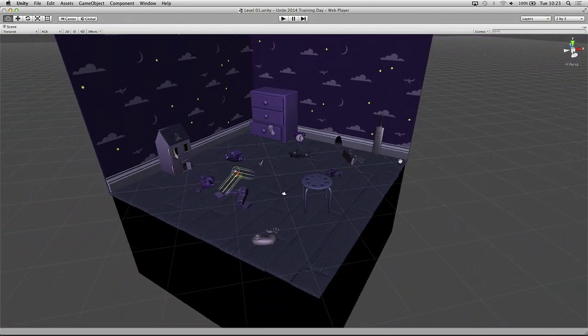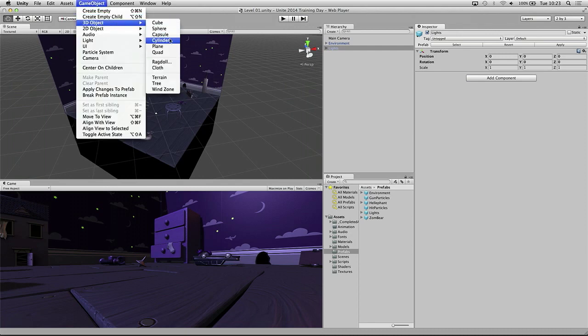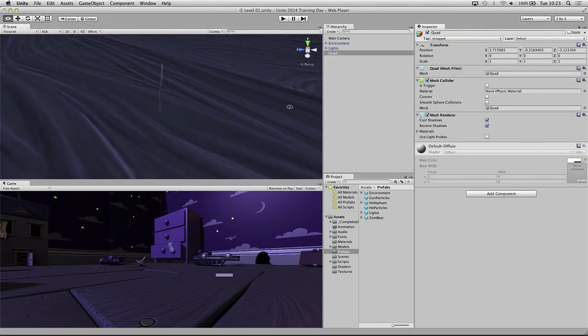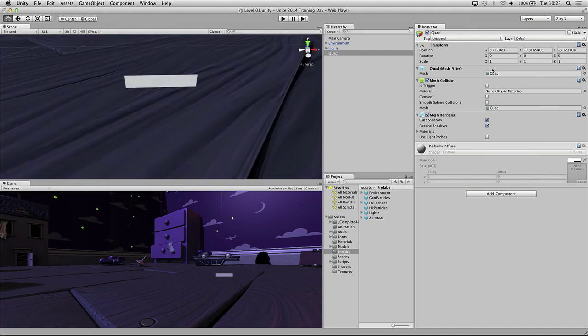So to make things a lot simpler, what we're doing is we're going to add in a plane quad. So what I'd like you guys to do is to go to Game Object, 3D Object, and Quad. What you'll notice is this creates a very small 1x1 quad right in the center of your game.